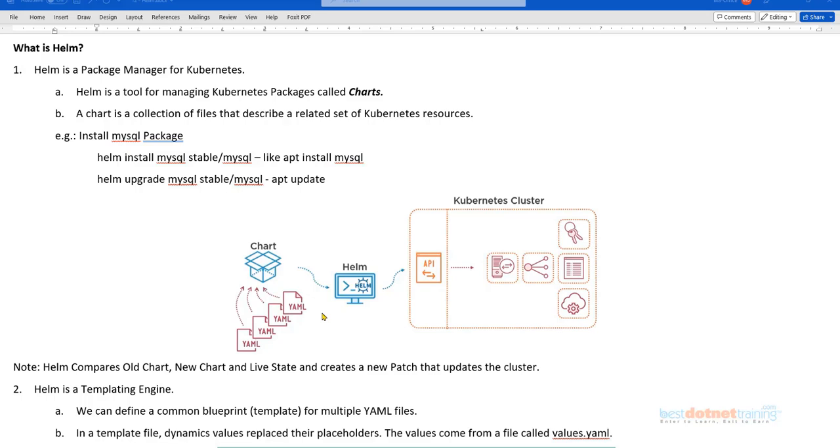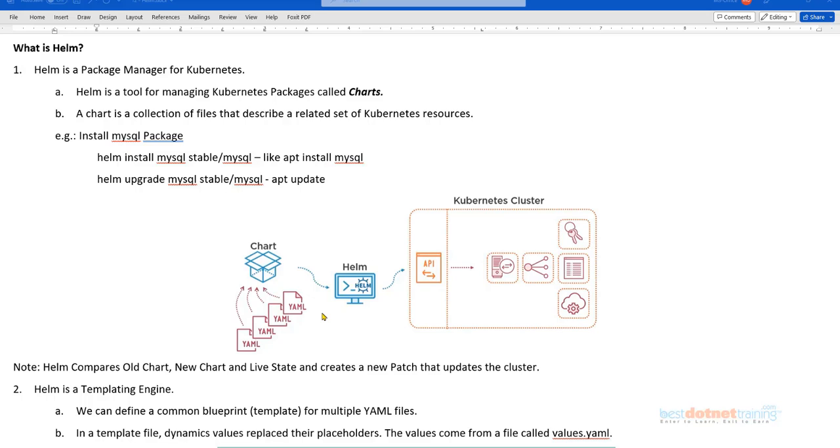That's the concept. Helm packages are maintained in something called charts. Not only that, it can maintain the information of the old charts in case you make any modifications and want to upgrade the existing deployment. Now we end up having something called new charts. So Helm maintains old charts and new charts. It has the information about what is currently deployed in the cluster, and because of that, it is able to upgrade. Basically, it can do what we call patch management.